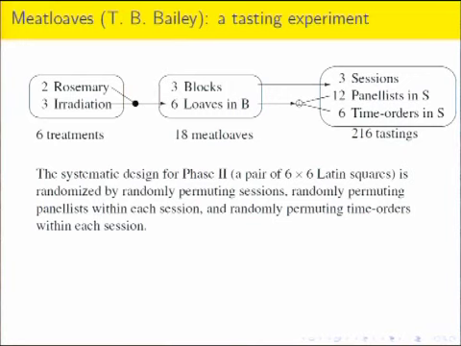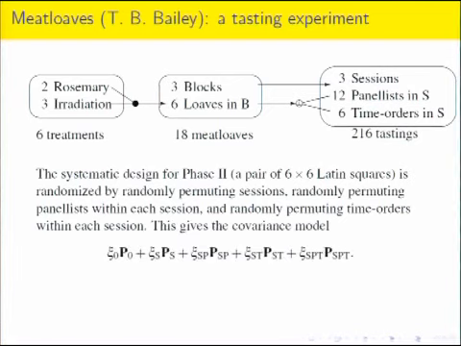What would you do? Randomly permute sessions, panelists within sessions, time orders within sessions. I won't go through the whole thing, but that gives you a covariance model, again in spectral form. I'm starting at the other end now, something on the grand mean, between sessions, between panelists within sessions, between time orders within sessions, and everything else. So when you put all that together, oops,